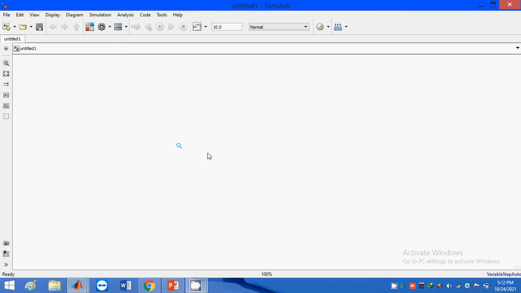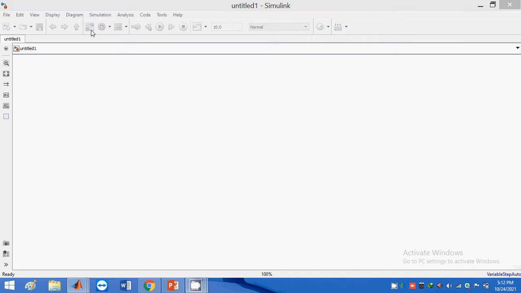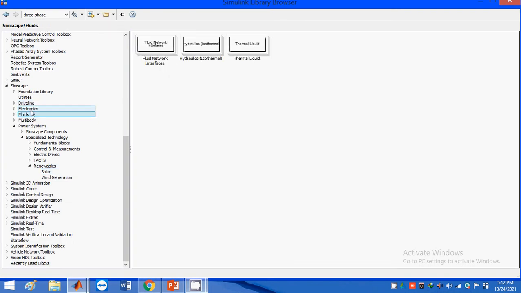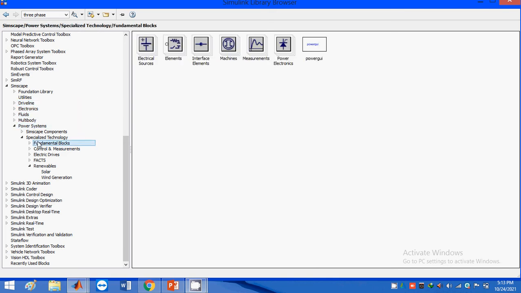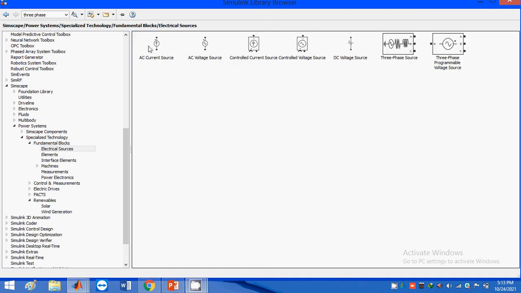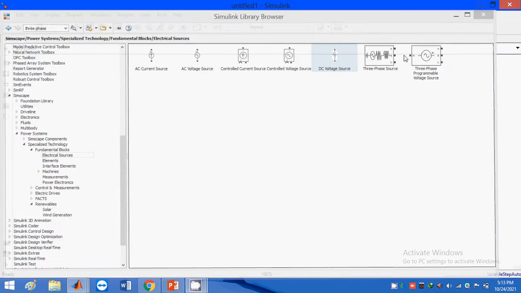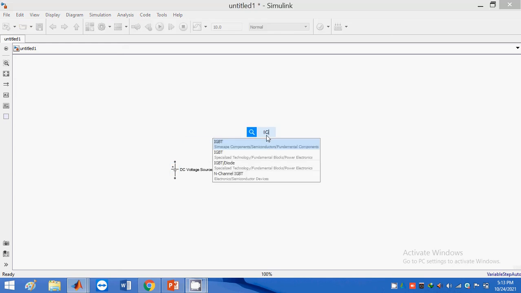Search for the DC source. To that I need IGBT and anti-parallel connection of diodes.